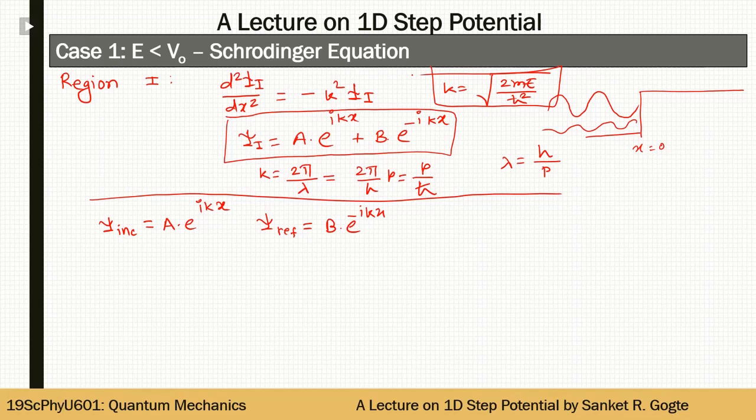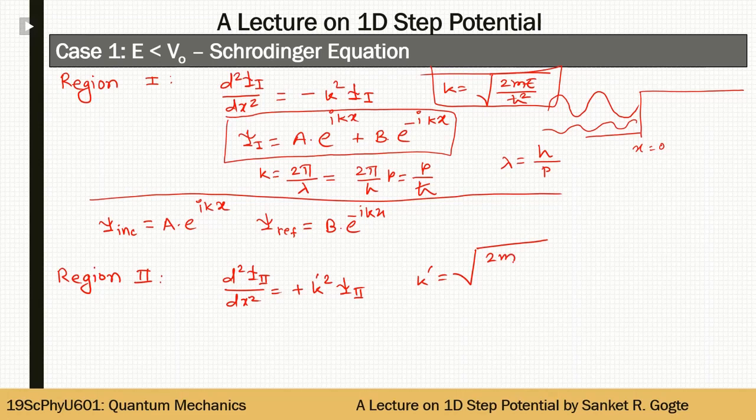Now let's consider the solution in region 2. What do we have in region 2? The equation is d2 psi 2 by dx2 is equal to plus k prime square psi 2, where k prime is the square root of 2m (V0 minus E) by h cross square. If we have a positive sign in such second order differential equations, then the solution is no longer a complex solution. It turns out to be a real solution, and psi 2 then can be written as,